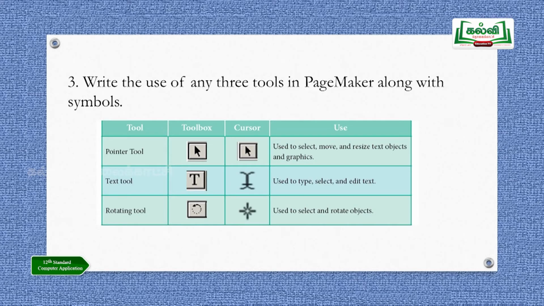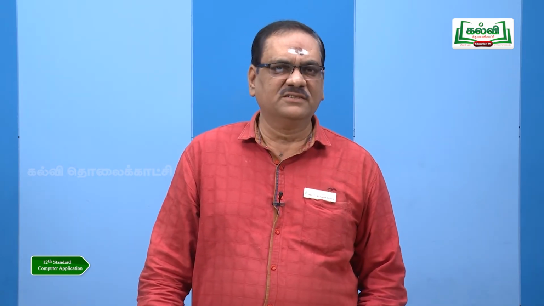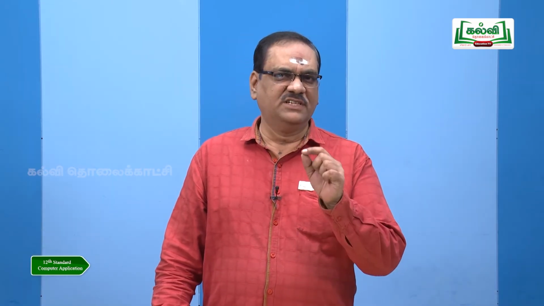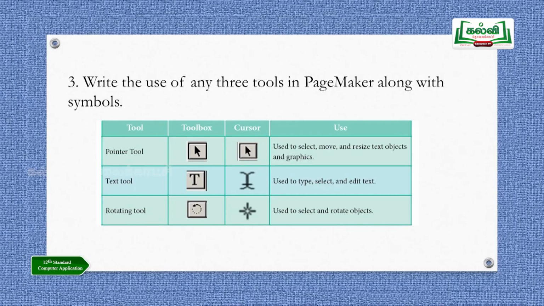Here there is no choice, you have to draw because they are asking for symbols. Whenever they ask specifically for symbols or ask you to draw the image, you must try to draw the symbols or the images. Other than that, don't waste your time drawing pictures. In this question they are specifically asking what the symbol for that tool is. Again I am using the same tools because it is easy for you to remember the previous question and the next question. I am taking the same pointer tool, text tool and rotating tool.